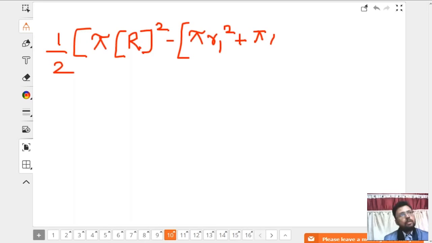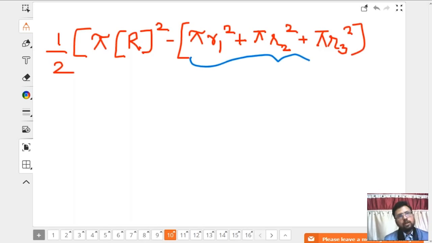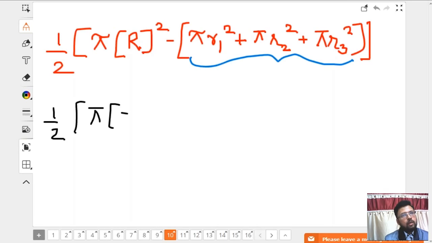Okay, this all put together is the sum of the areas of the smaller circles. Alright, I'll close the bracket. Clear? But what was this? We just now found that this capital letter R was R1 plus R2 plus R3. So what does this become? Half into pi into (R1 plus R2 plus R3) whole square, minus pi R1 square